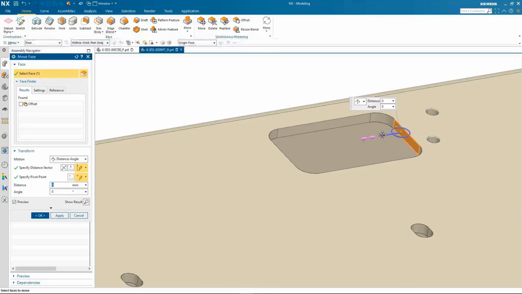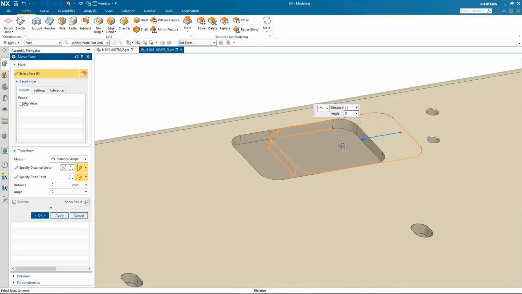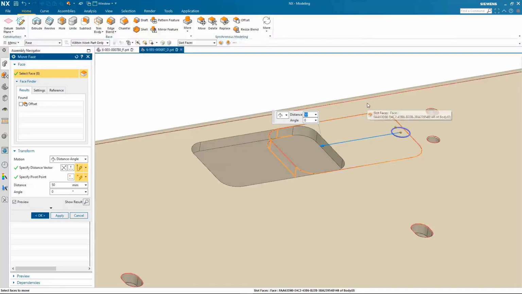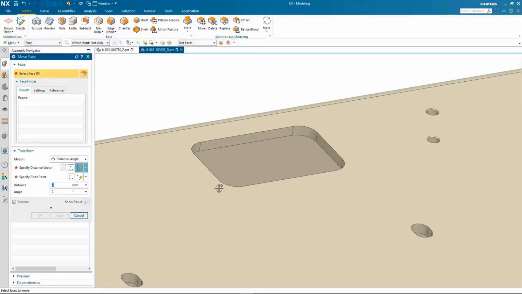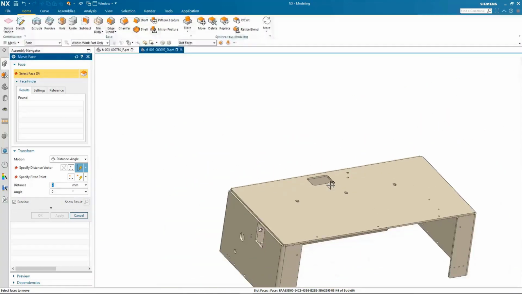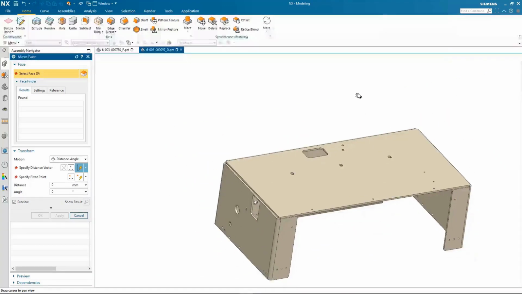But let's say we wanted to move the entire slot. So instead of telling Synchronous to just pick a face, we tell it to pick a slot. And it figures out what a slot is based on its topology, and then we drag it to its new location. We will now move to the bottom of the cable tray and add some more material to it.